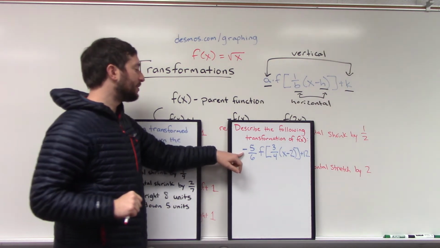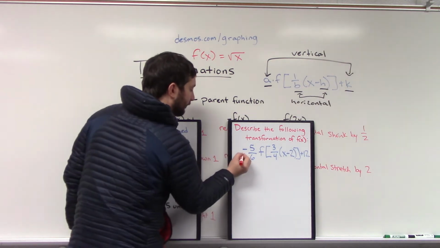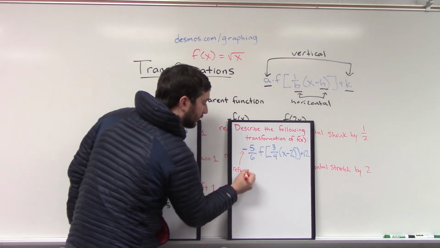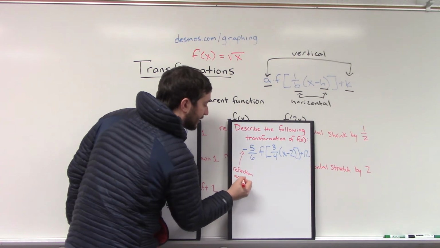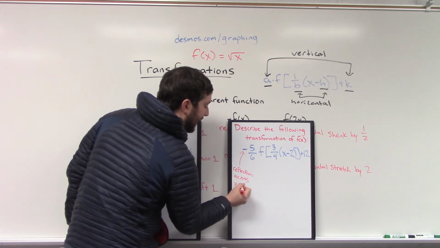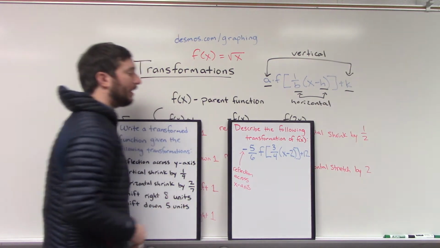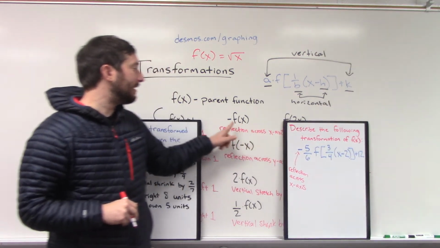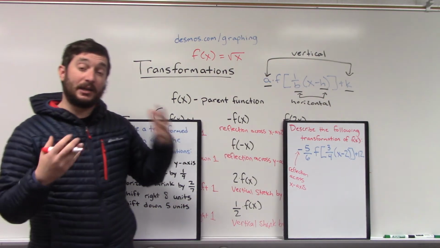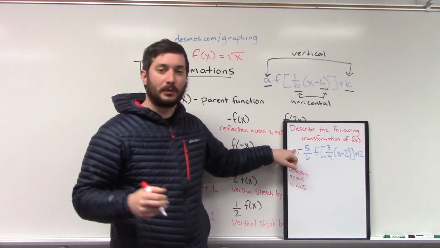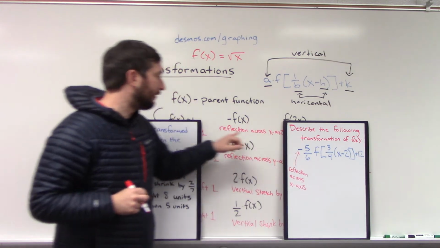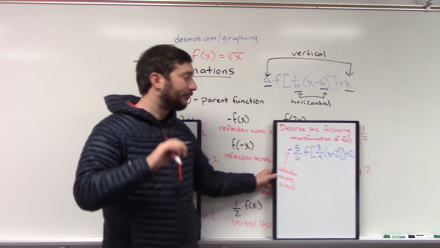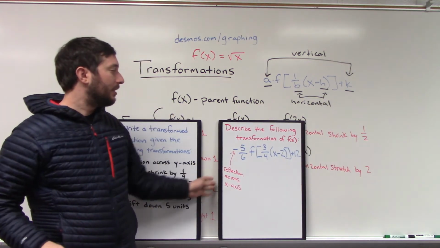Okay, what we'll see is that this negative means we have a reflection across the x-axis. Now, why is this the case? Well, just like we saw before, whenever we multiply by a negative in front of our parent function, like we're doing here, we have a reflection across the x-axis. This is one transformation here. Our graph will flip upside down. Not only that,